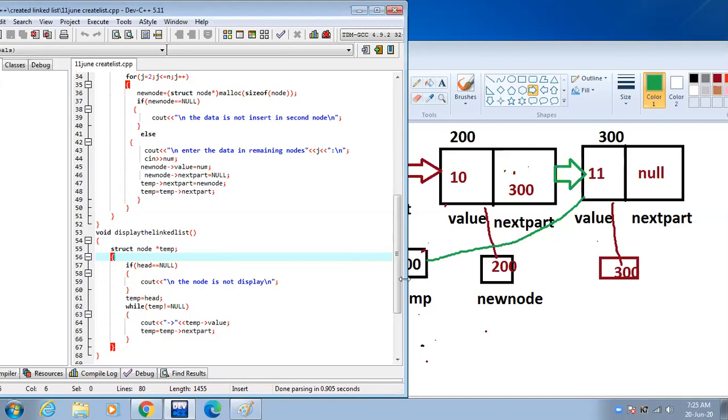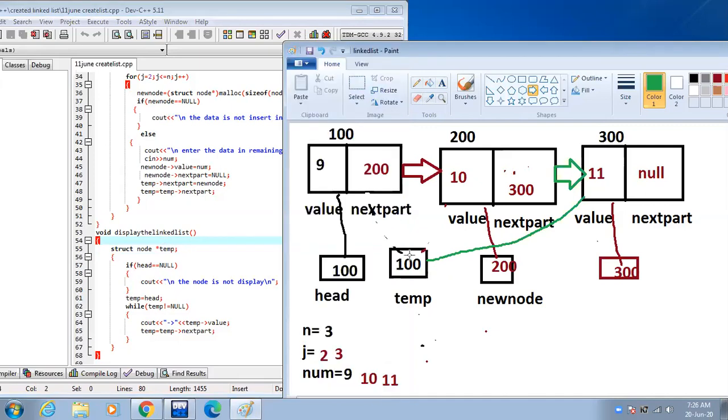We want to display these nodes, so we use the display function. Display the linked list. Struct node temp. We declare a temp variable of node type. Then this link is removed.